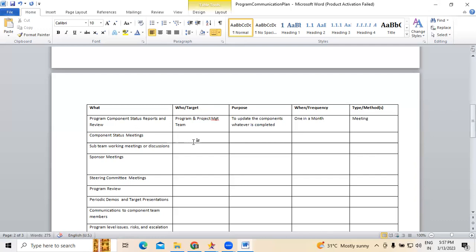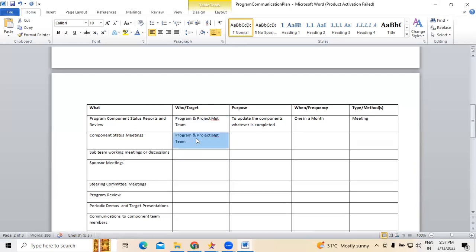Next, component status meetings. This is also the same, right? Same people will be involved here. Component status meetings are to know about the status of the components.